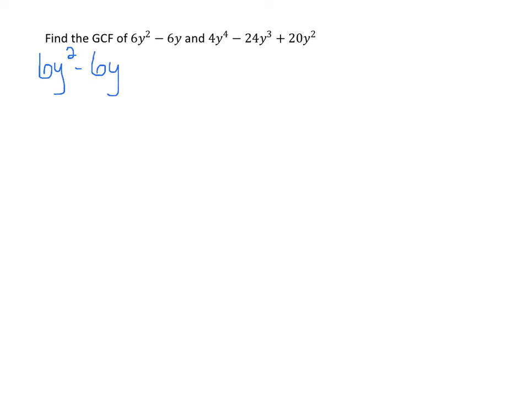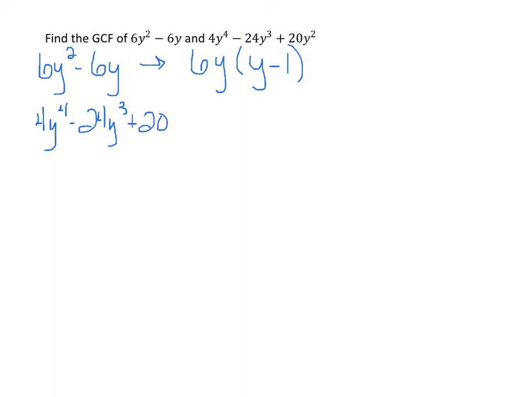So if I factor this, I end up with 6y times y minus 1. Those are the factors. And then if I factor 4y to the 4th minus 24y cubed plus 20y squared, I know that I can factor out a 4y,